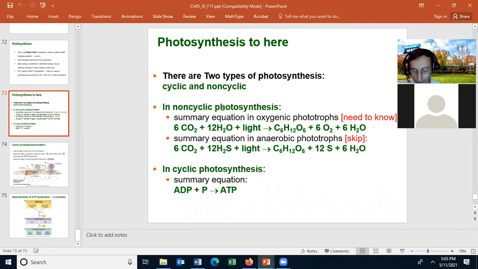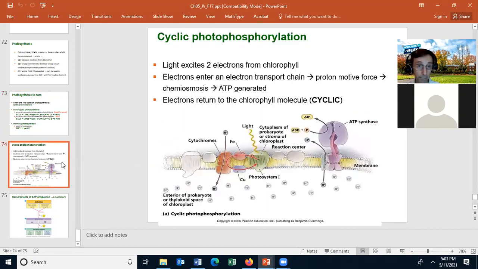Both cyclic and non-cyclic photosynthesis can be done in every photosynthetic cell that I know of. I don't know of every photosynthetic cell, but in green plants and green bacteria, meaning photosynthetic bacteria, all cells that I know of can engage in both types of photosynthesis. They use cyclic photosynthesis when they want to make ATP. They use non-cyclic photosynthesis when they want to make glucose. Let's talk a little bit more about cyclic photosynthesis, or cyclic